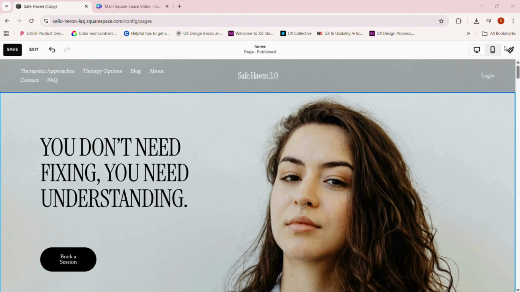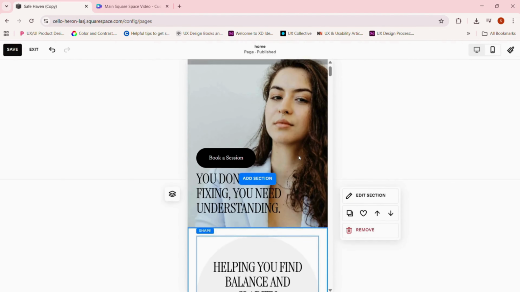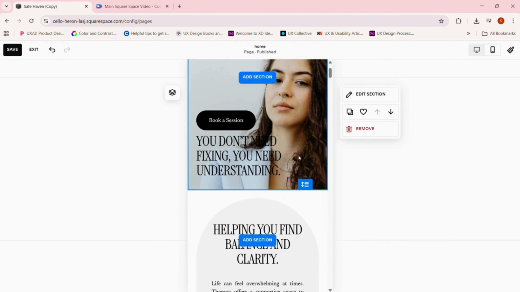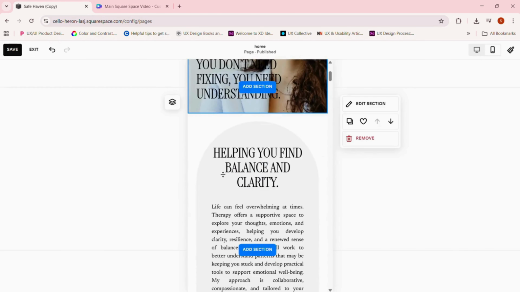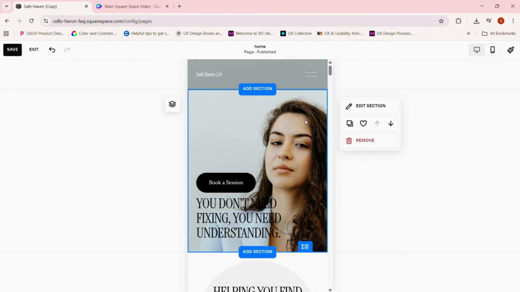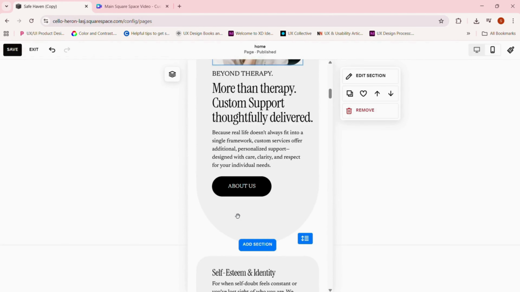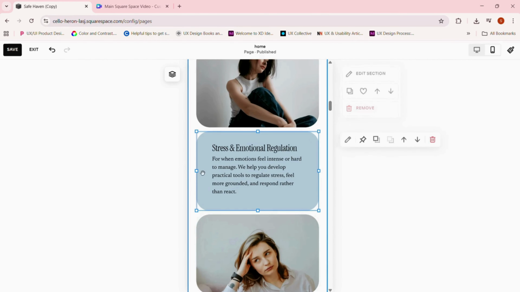We've finally moved on to the final section of this video. So, in this, I'm going to be telling you how important it is to check your mobile site once you've completed all your changes in your desktop site, because every element you've added onto a desktop site is an element added to your mobile site. So, the editing is not going to be as difficult. You'll just have to drag and drop your elements to make it look aesthetic. But it's very important to check your mobile site, because if you do not, it will look really weird.